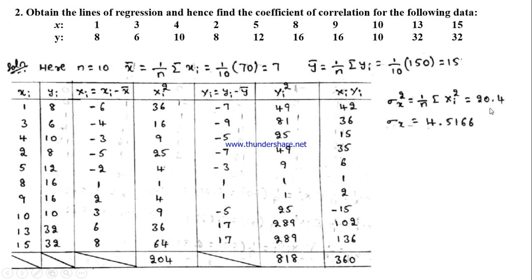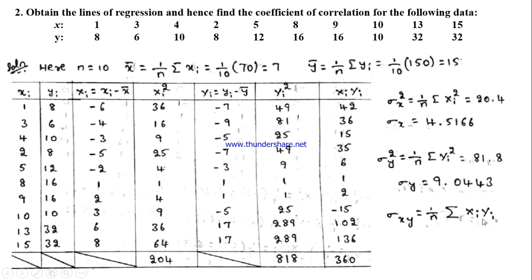Take the square root to have the standard deviation of x, and similarly find the variance of y, that is 81.8 in this case. Take the square root, that gives the standard deviation of y. Next, find the covariance between x and y. I know summation xi yi, substitute and divide it by 10, that gives 36. Now have a look at the question. The question is demanding us to find the lines of regression first, and by using this data we should compute the coefficient of correlation. For this, first let me compute